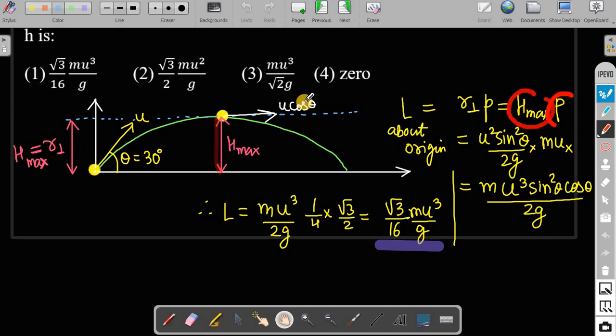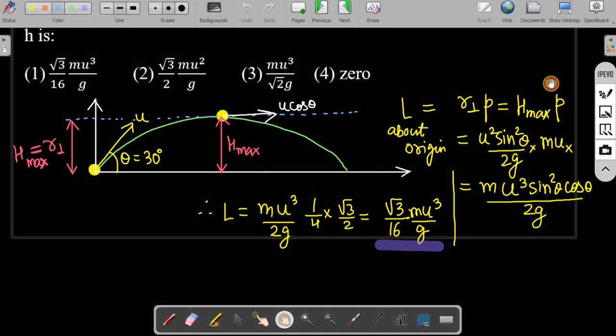So h max into momentum at that point. That point momentum is m into ux. So m into u cos theta. So just substitute the value, h max into m ux. Ux is u cos theta, and then from here you will be calculating angular momentum. It will come, right, root 3 by 16 m u cube by g. So that will be the option number. Okay, this way you can solve it. Then let's go to the